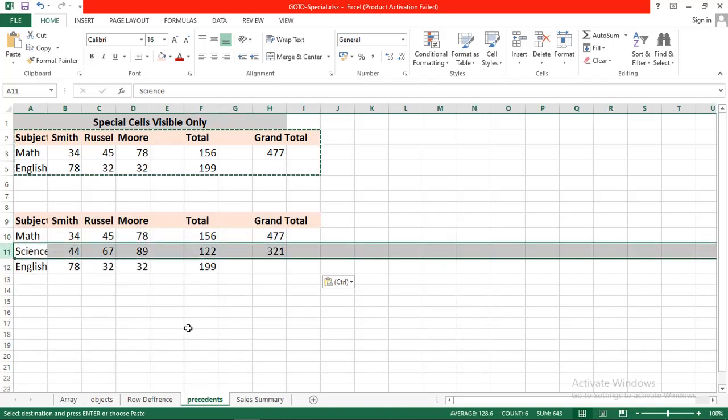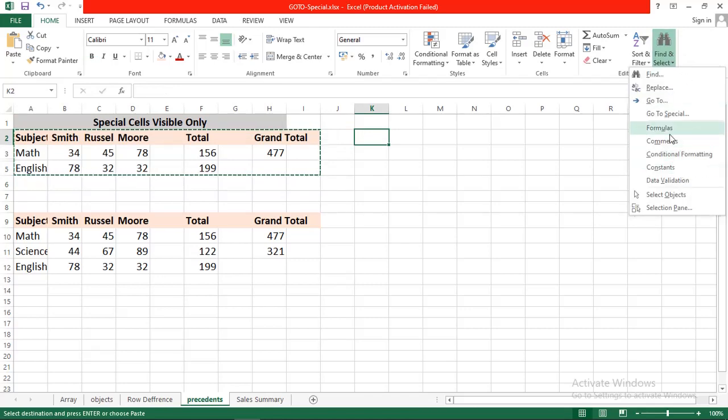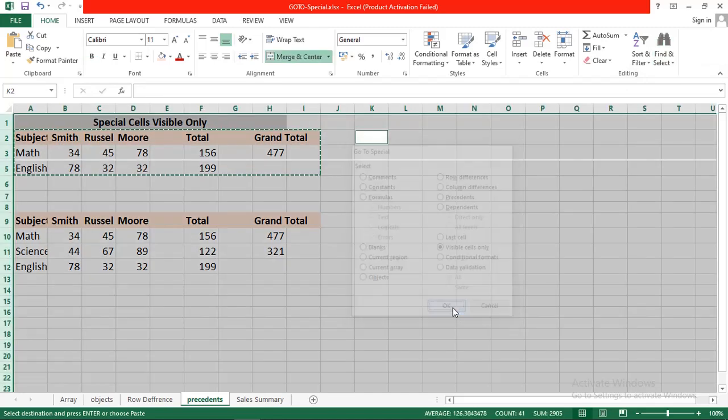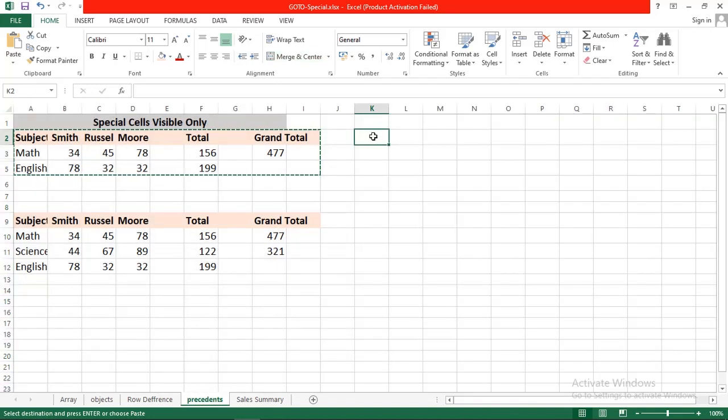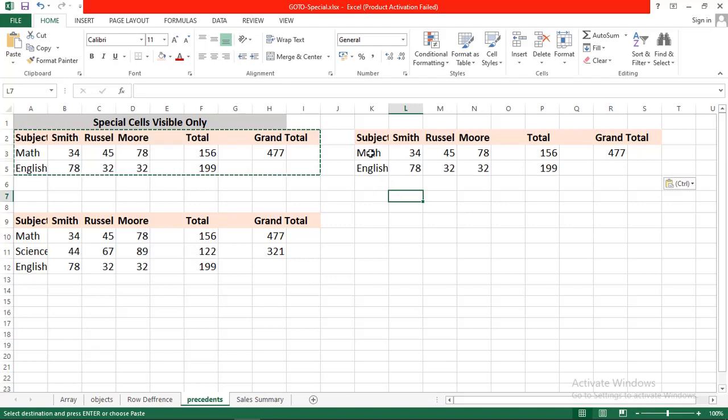But I want to copy only those cells which are visible. So go to special and visible cells only. Okay, now paste, Control V. So you can see only those rows or cells which are visible are copied.